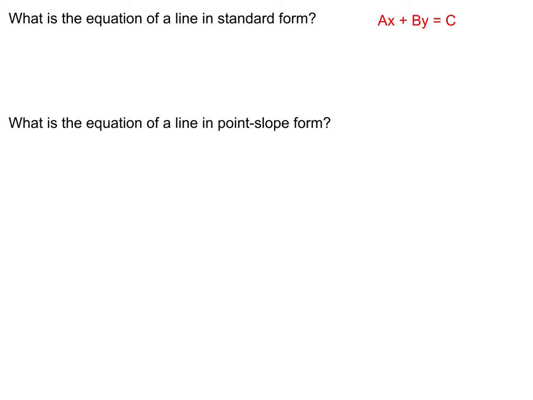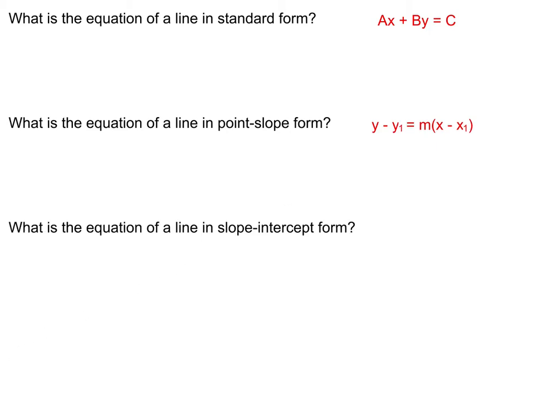What is the equation of a line in point-slope form? Remember, you need a point and you need a slope. And it looks like this: y minus y1 is equal to m times x minus x1. And then what is the equation of a line in slope-intercept form? It's the most familiar form, y equals mx plus b. So this is a quick reminder of lines and linear functions, and now we're going to move on and talk about